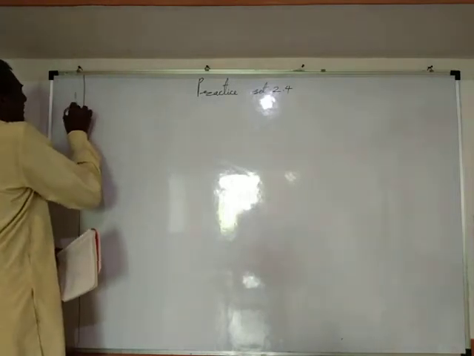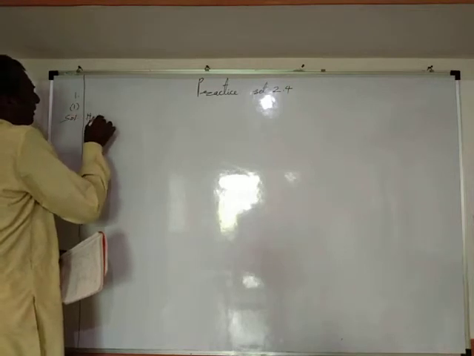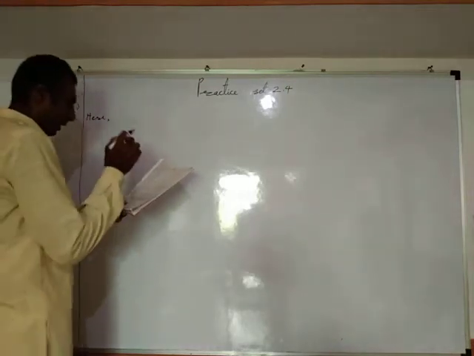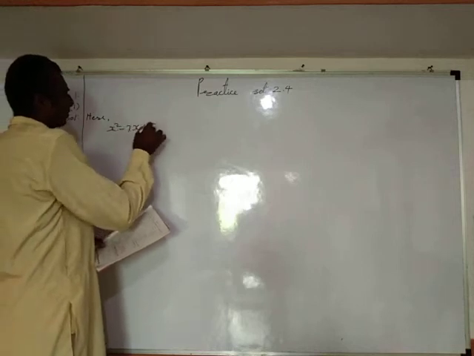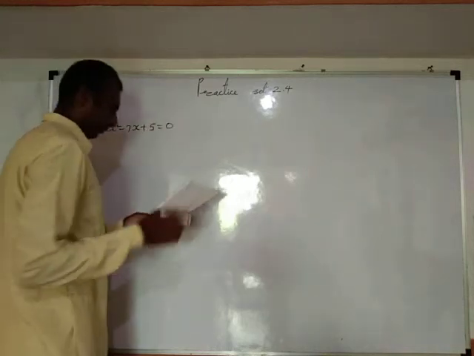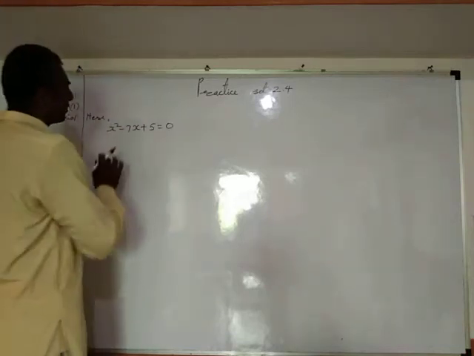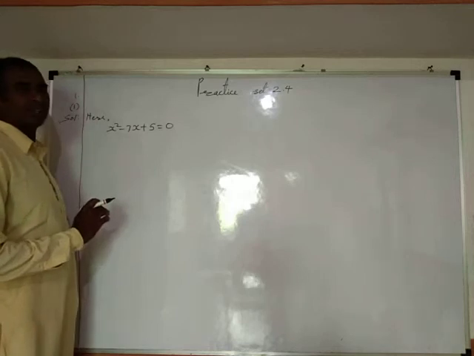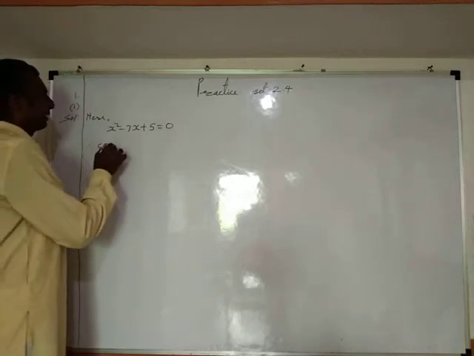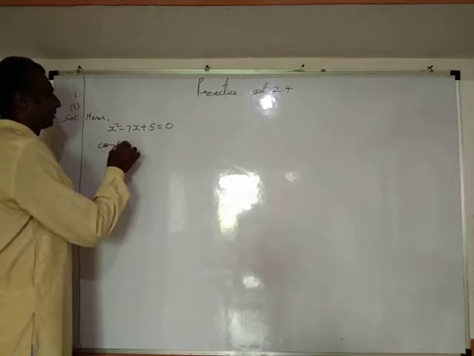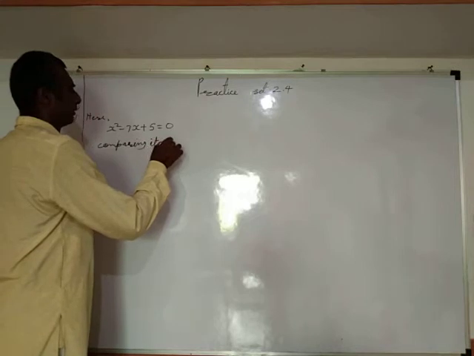Sub question first. Solution. Here x square minus 7x plus 5 equal to 0. Okay. It is already in the form of ax square plus bx plus c equal to 0. Therefore, comparing it with